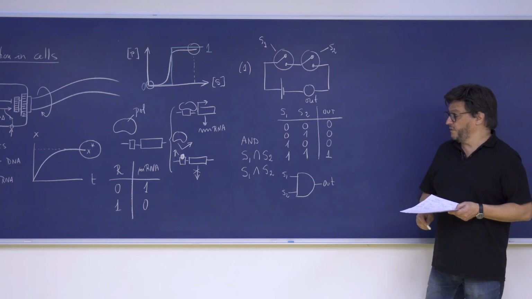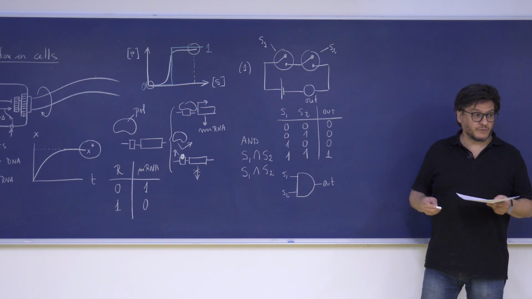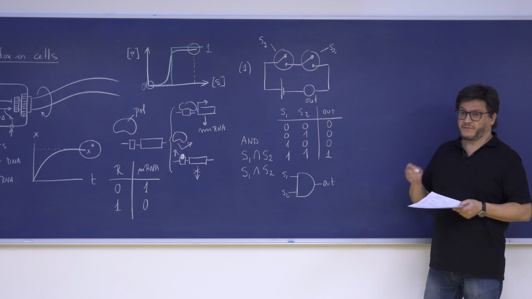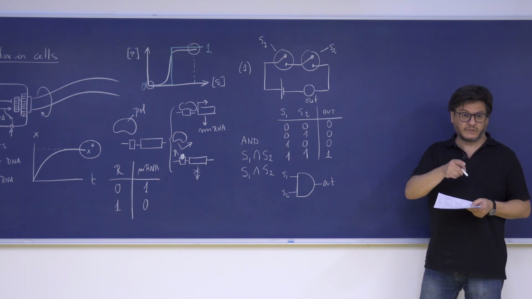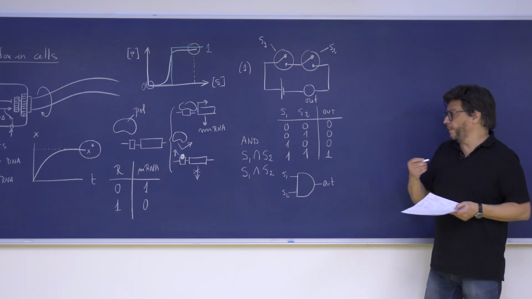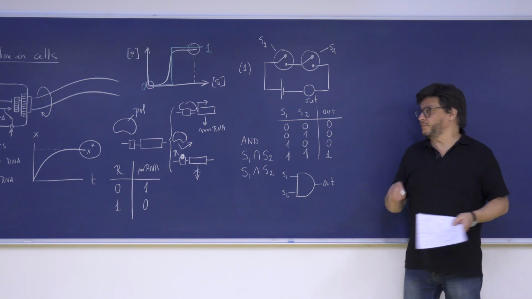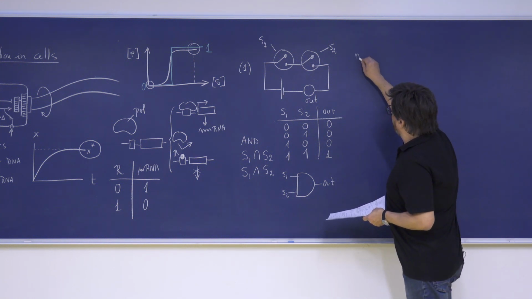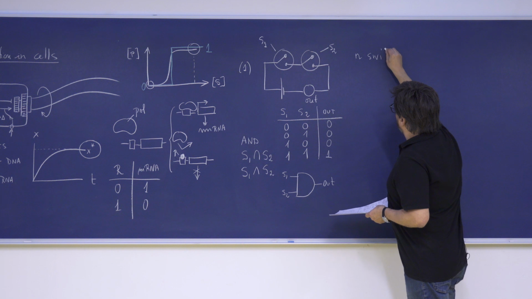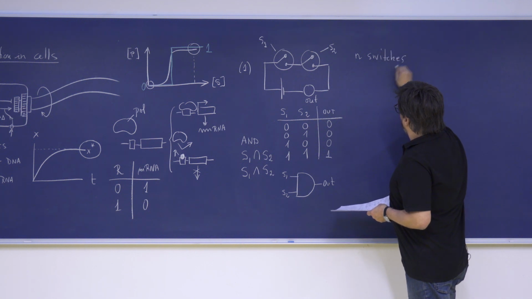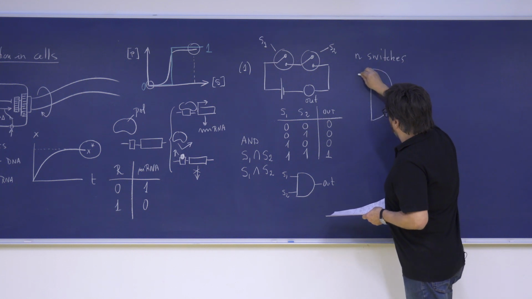This actually could be generalized, right? And it's important to have that in mind also. What happens if I have not 2 switches but n switches? It's very easy to see, right? For n switches, that the gate will be